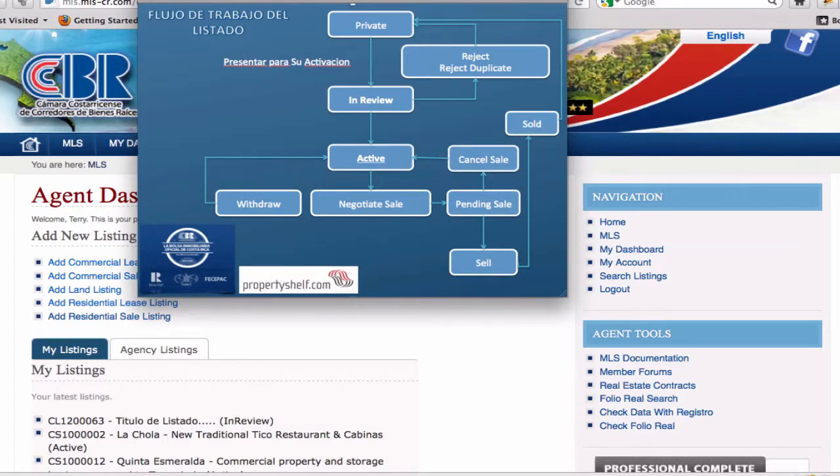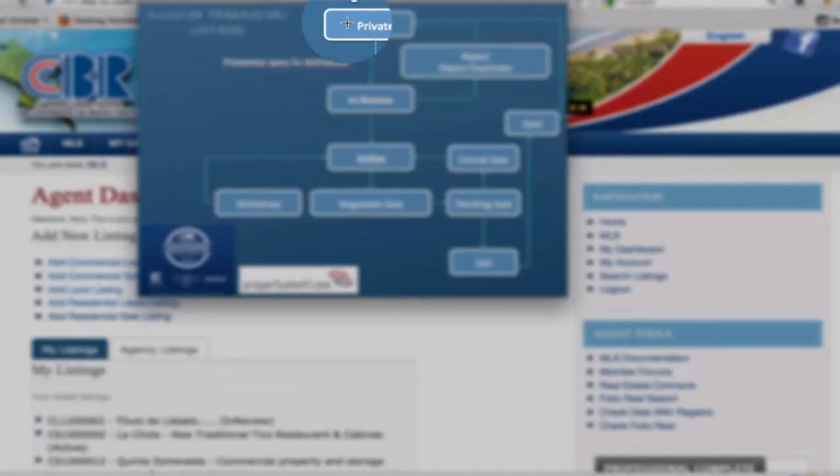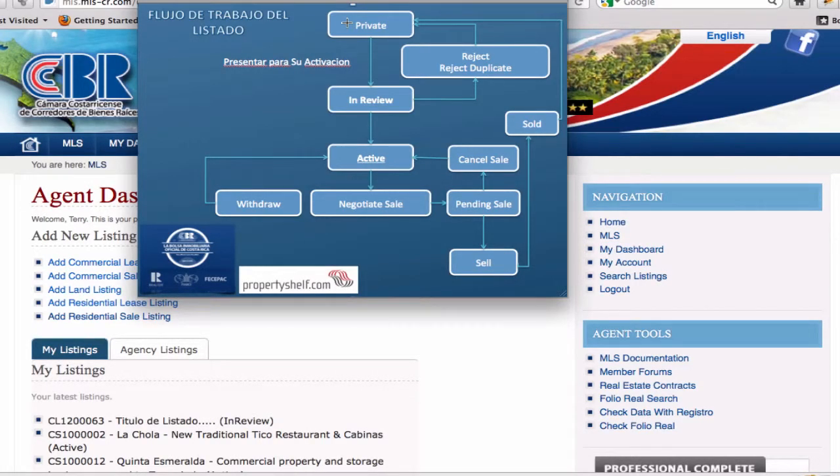Hello, today we'll be discussing how to manage the status of a listing. There are several workflow states. When you create a listing, it starts in the private state. Once you're satisfied with your listing, you can click on Submit for Activation and it will go